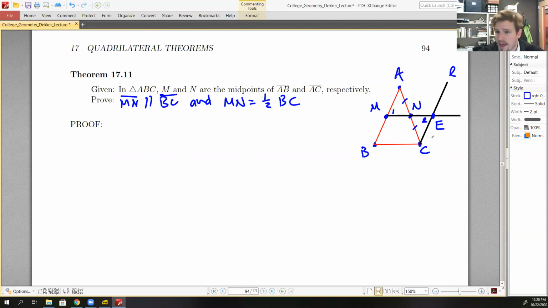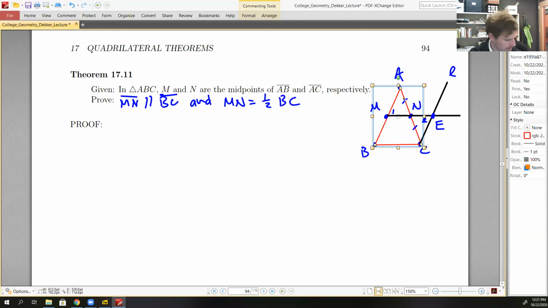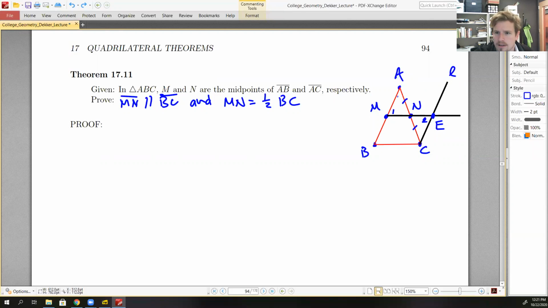So with that, we have side angle angle, and that's fantastic. We could also look at it as AC is a transversal of parallel lines AB and L. So we could also say that angles 3 and 4 are congruent to one another,